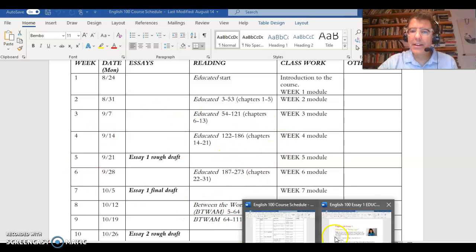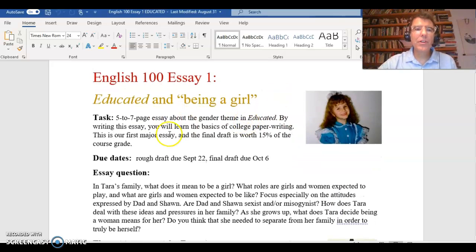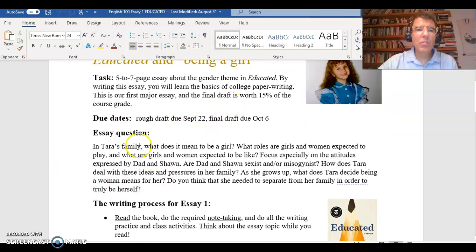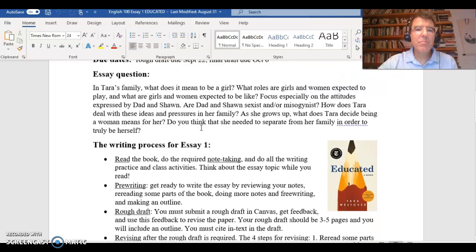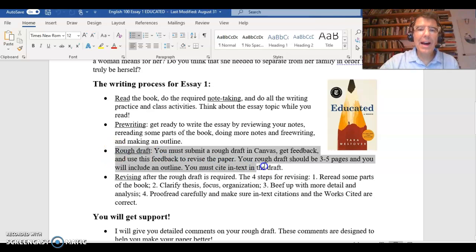Now let's go to the Essay 1 assignment. So this is your assignment. You've already read this. We've been focusing on the essay question a lot because that's what you have to answer. But let's look at this part right here, the writing process for Essay 1. Notice that it's long. You're going to read for a while. You're going to do pre-writing, which is getting ready to write your essay. You're going to write a rough draft